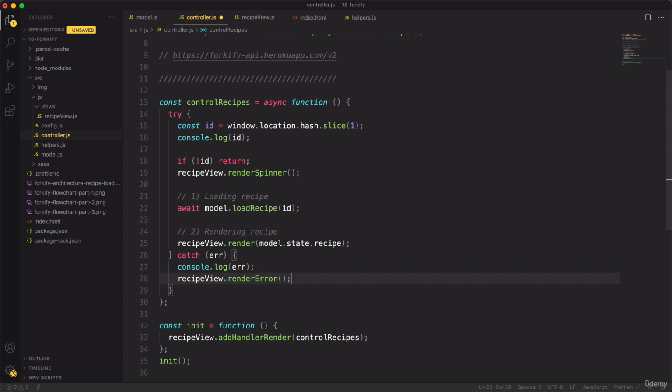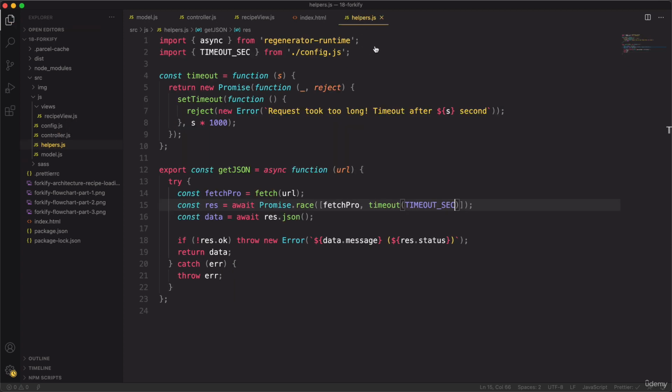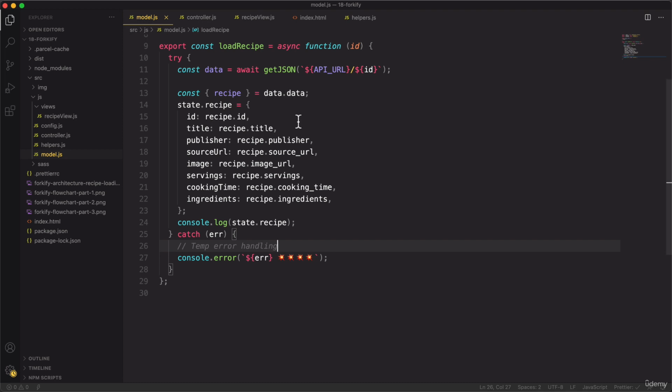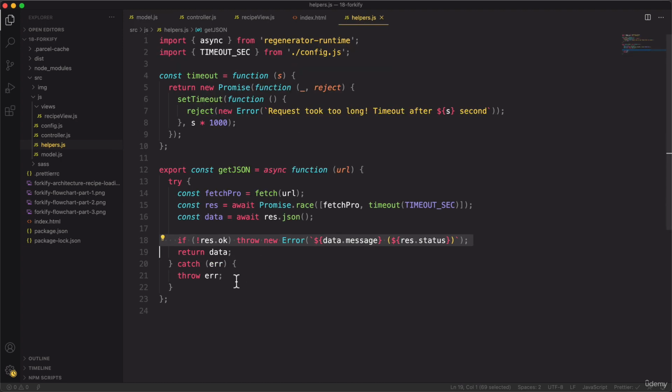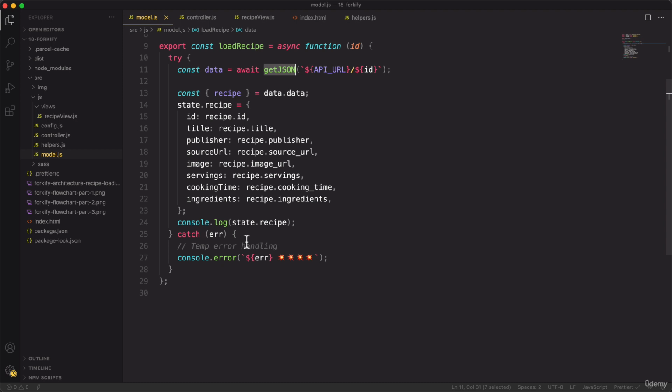Or in other words, where are we going to get it from? Because now we have the same problem as before. So remember, here in the helpers function, whenever we got this error, then that error was not automatically propagated down to this async function, which was actually calling the getJSON function. And so therefore, we had to rethrow the error here. So basically to mark this whole promise here as rejected,